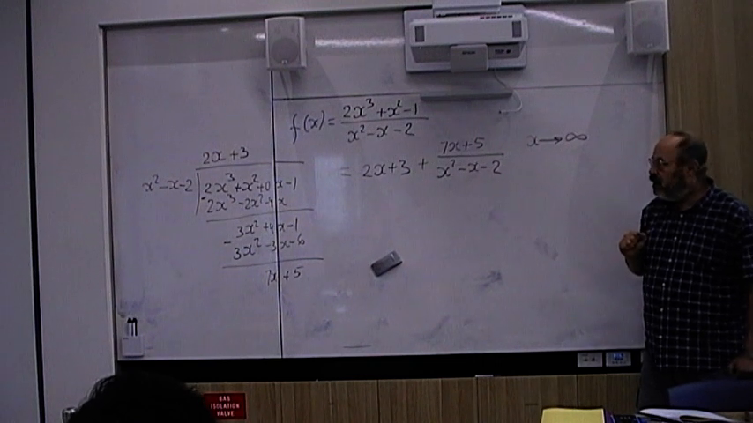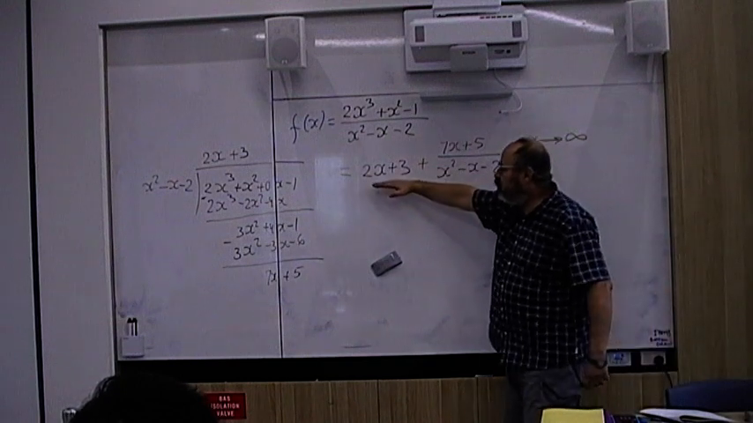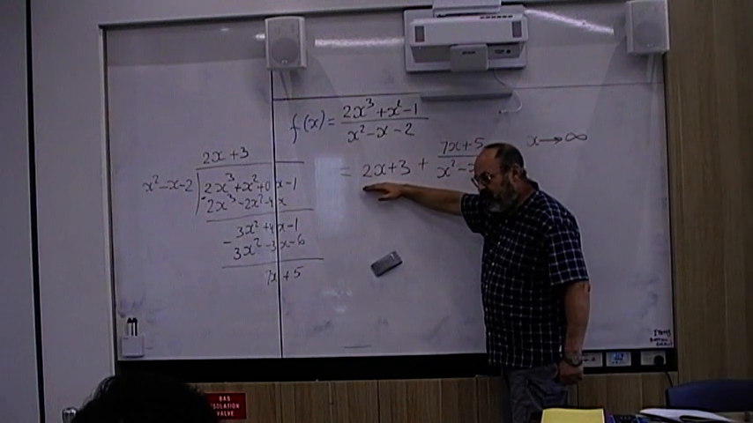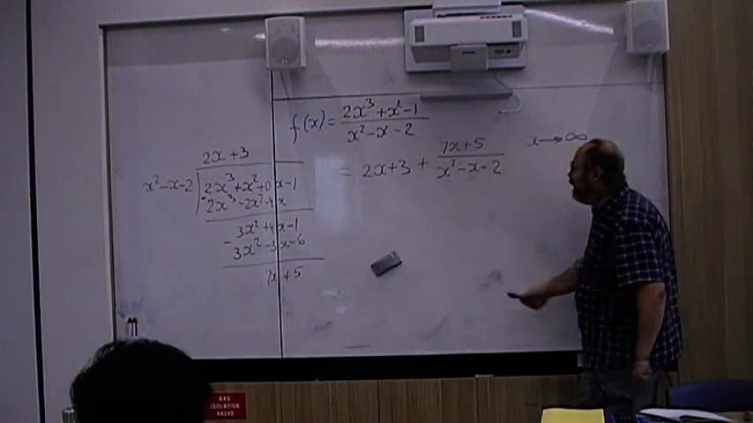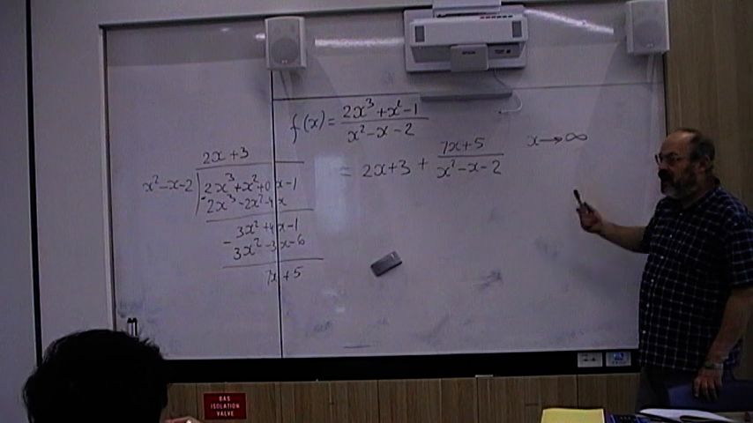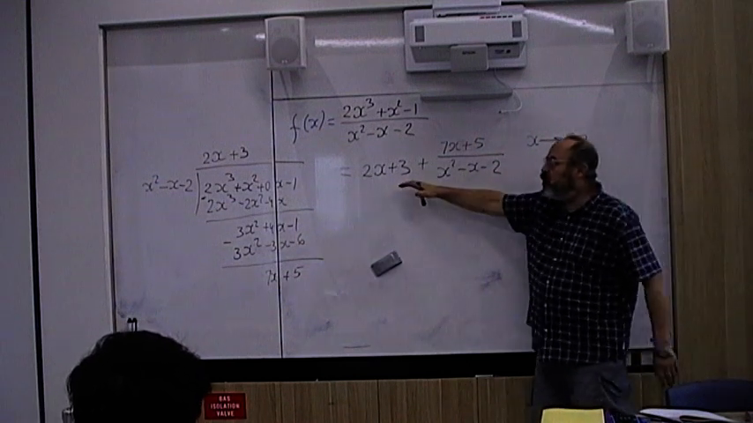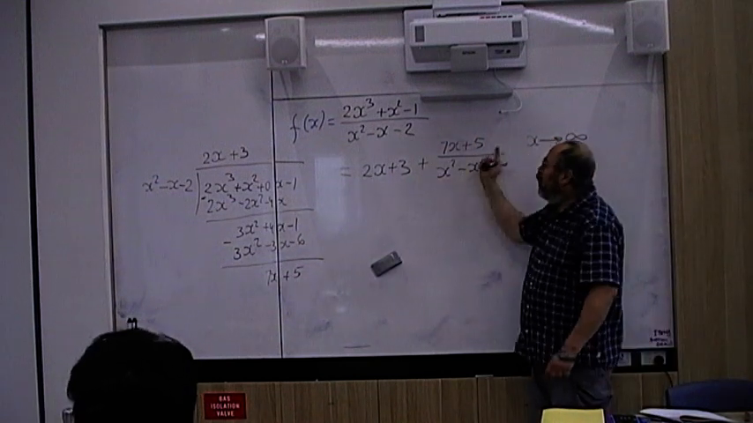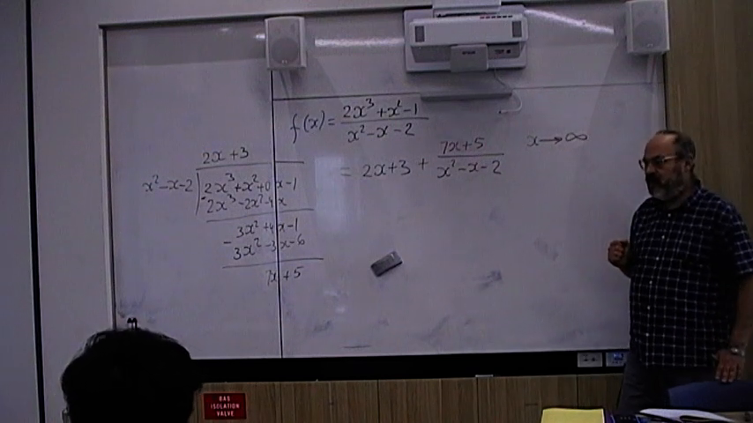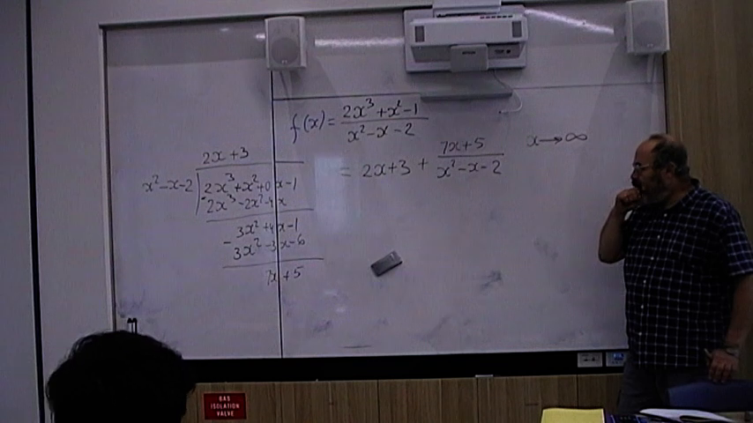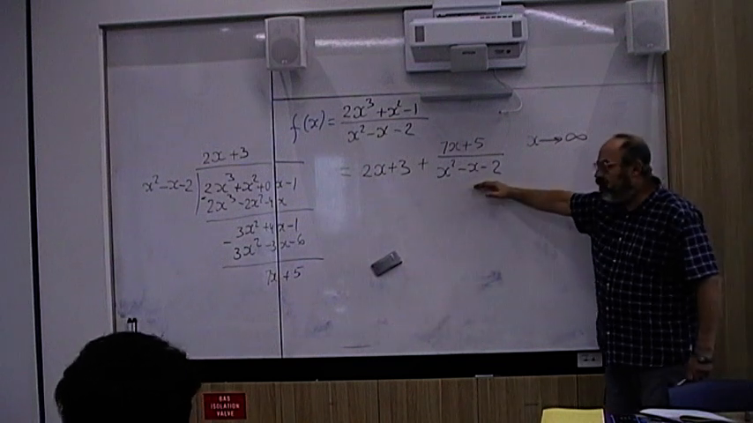Not negative 3 and 2, 2x plus 3. Why the line 2x plus 3? Because when x approaches infinity, our graph has to be approaching this line, because this will be very, very small. That's it. So now, factorizing this,